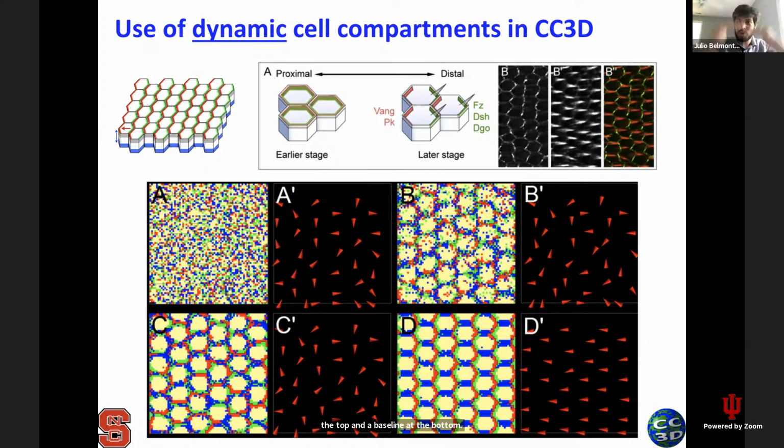On top of this apical-basal polarization, you can also have an in-plane polarization that happens mainly on the apical side of the cells. Okay, and because this polarization happens on the plane of the epithelia, that's why you call it PCP, planar cell polarity. So this planar cell polarity makes your pre-existing epithelium oriented on the plane of the epithelium in a particular direction, and that can be used to set the properties of the cell, to drive, for example, cell intercalation events, or to just orient the direction at which